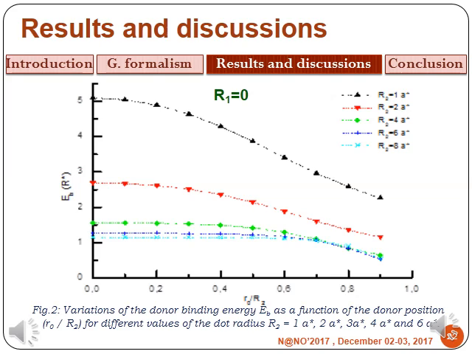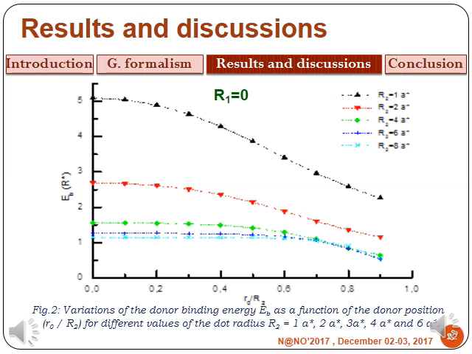dot. The inner radius R1 equals 0, and the radius of the structure R2 equals 1, 2, 4, 6, and 8 Bohr radii. This figure shows that the binding energy is most important in the middle and decreases when the impurity moves toward the extremities of the quantum dot, reaching its minimum as the ratio R0 on R2 tends to 1. Thus, for a fixed position of the impurity, the binding energy increases with decreasing the dot radius